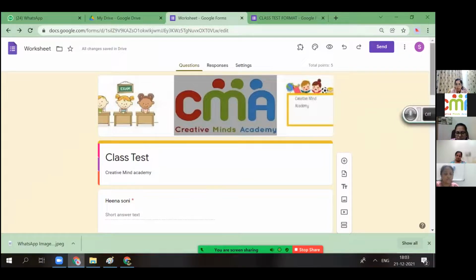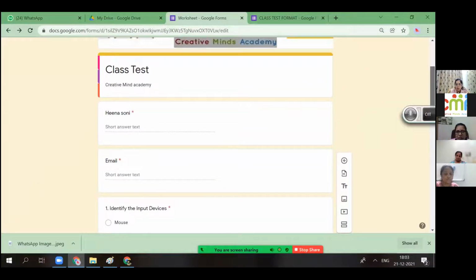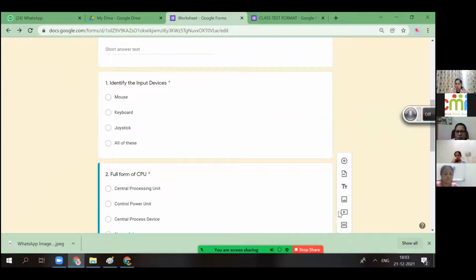It is very secure. Like again, you can create sections for your class test paper. Like in the English paper we have different sections for grammar, for the question answers, then there is the writing part. So you can create sections. To create sections, there is the last option, that is add section.